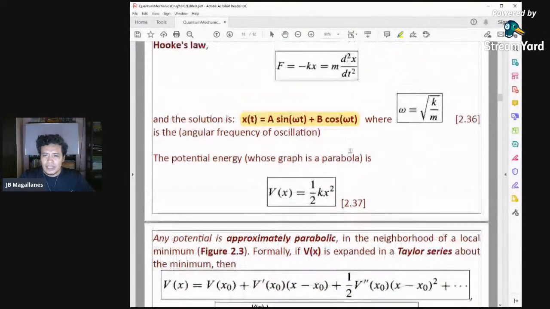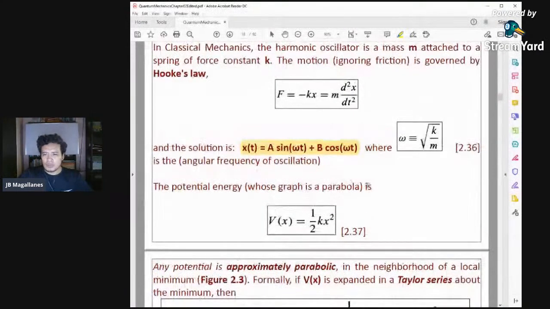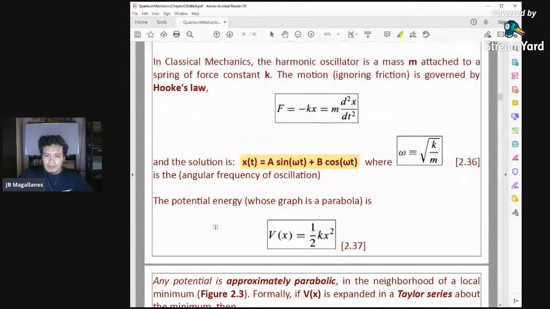And here, going back to the harmonic oscillator, the potential energy is given by this. The potential energy, 1/2 kx squared. This is also the same formula in classical mechanics, right? This is the potential energy of the spring stretched by an amount x. So this is the potential energy, and then